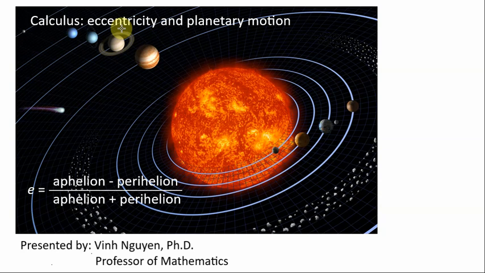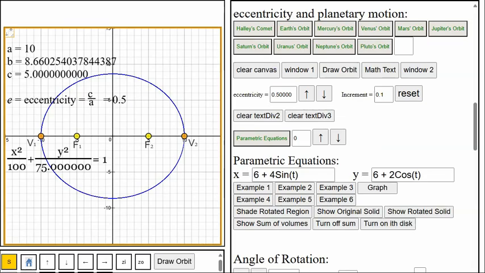This video is on the eccentricity and planetary motion, and in this video I want to show how the eccentricity is related to what's called the aphelion distance and the perihelion distance of planetary motion. And so what I want to do now is show the relationship between the eccentricity and the shape of the